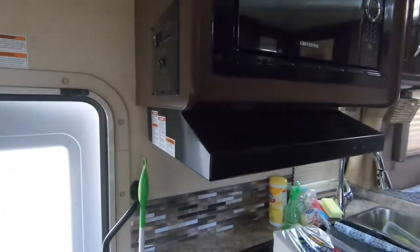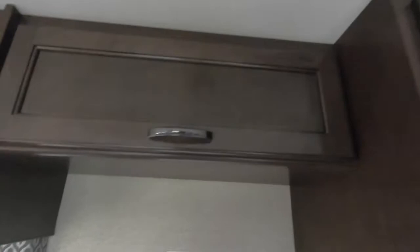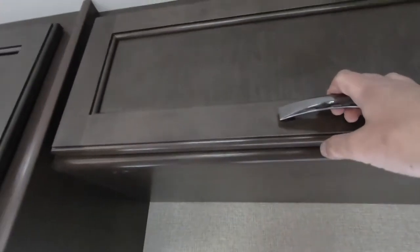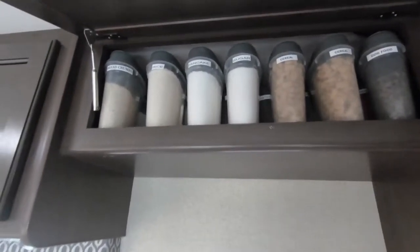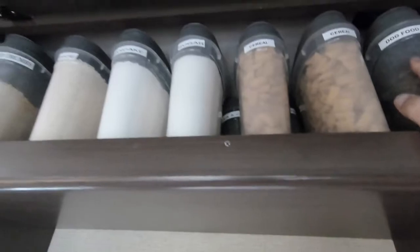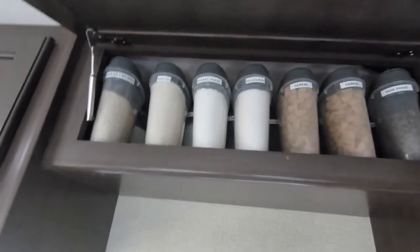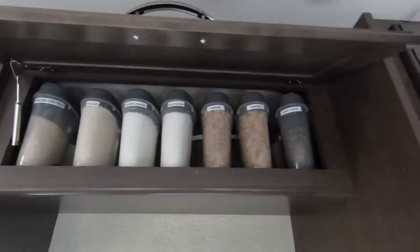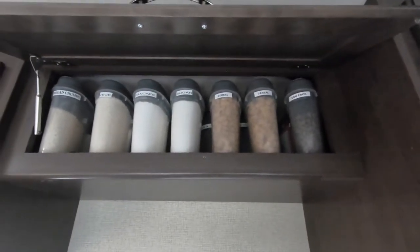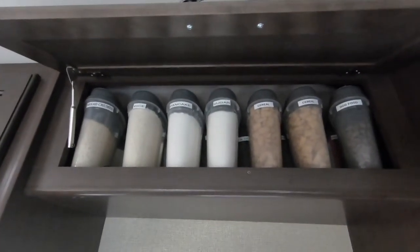Now, here is the kitchen. I'm just still organizing and everything, but it's not located right there, it's just by the kitchen area. And it's one of those cabinets that you don't know what to do with because it's kind of an awkward or different kind of shape. In here, I have different containers, and I decided to do this because the little packets that the food comes in are usually very different sizes and shapes. So for me, it's really important that it was something that I could make fit as much as I can